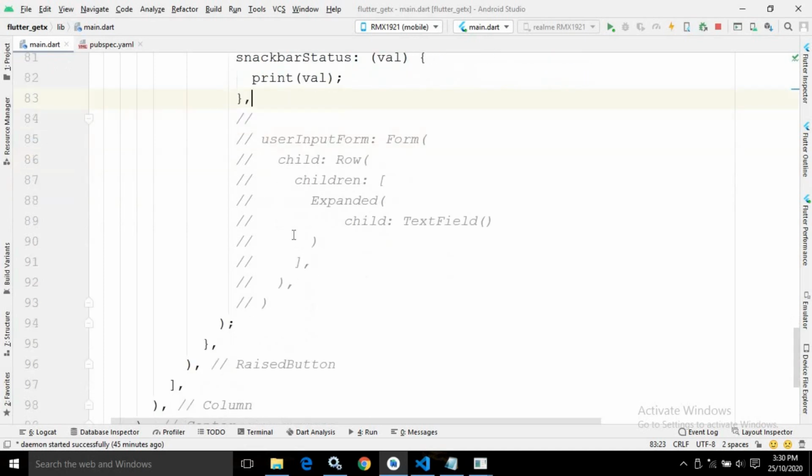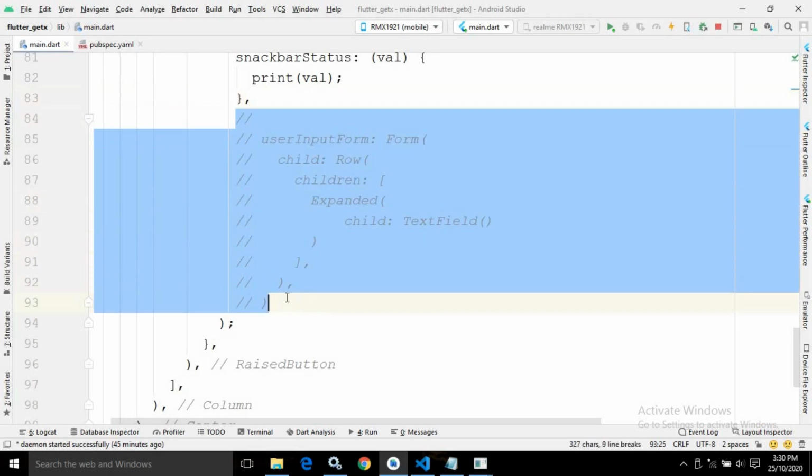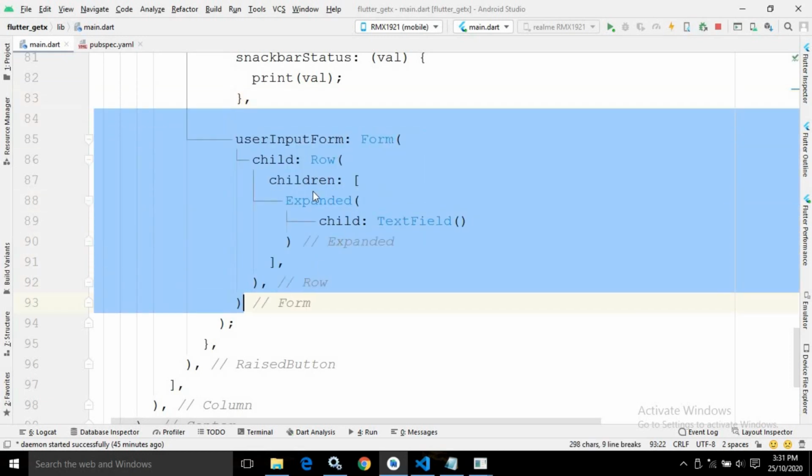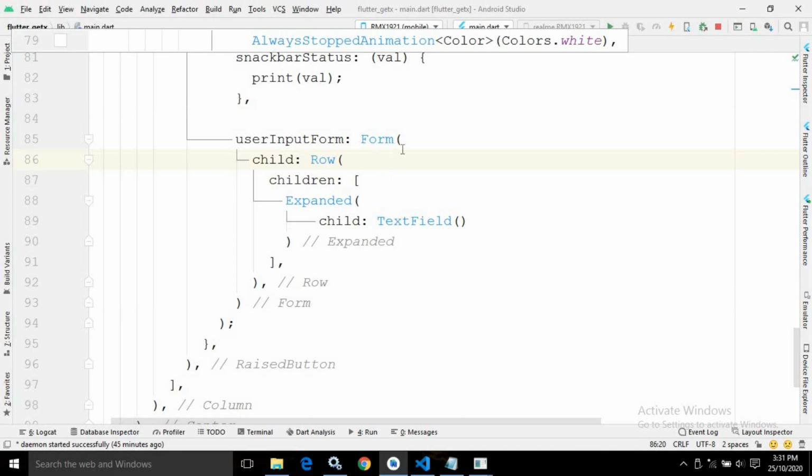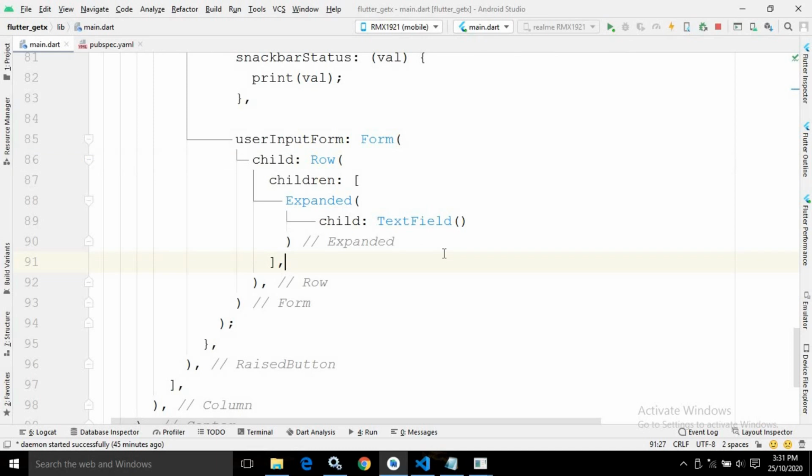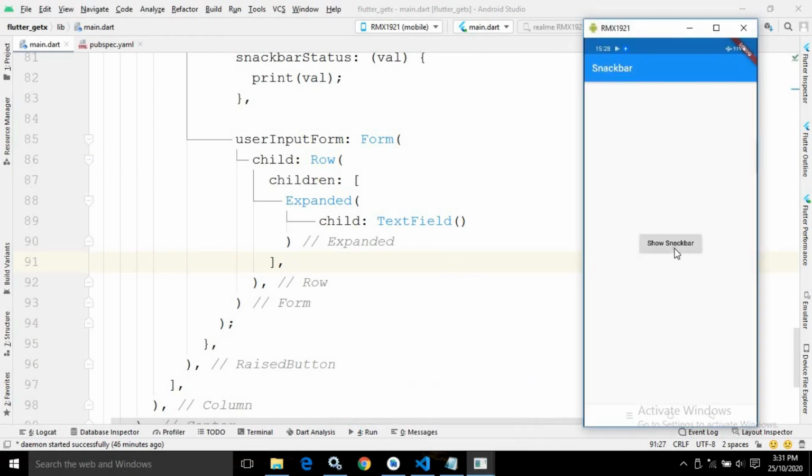Okay, now I will discuss one more attribute which is called the user input form. Let me uncomment this. Inside this user input form, I have taken a form widget. In the form widget, as a child I have taken a row widget, and in the children of the row widget I have used the expanded widget, and in the expanded widget I have used the child as text field. Let me save this. Now if I click here,